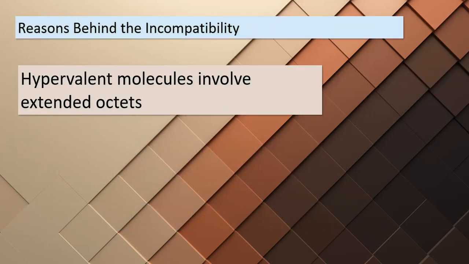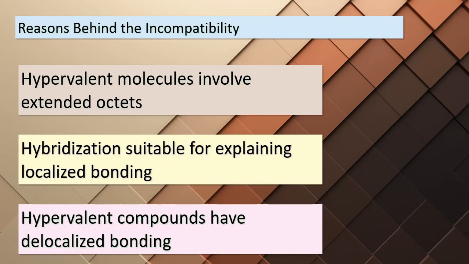Topic 3. Here we are. Now, let's uncover the reasons that make hybrid orbitals incompatible with hypervalent molecules. First, we must acknowledge that hypervalent molecules have a unique feature: extended octets. This means they have more than 8 electrons around the central atom, which is different from what we see in